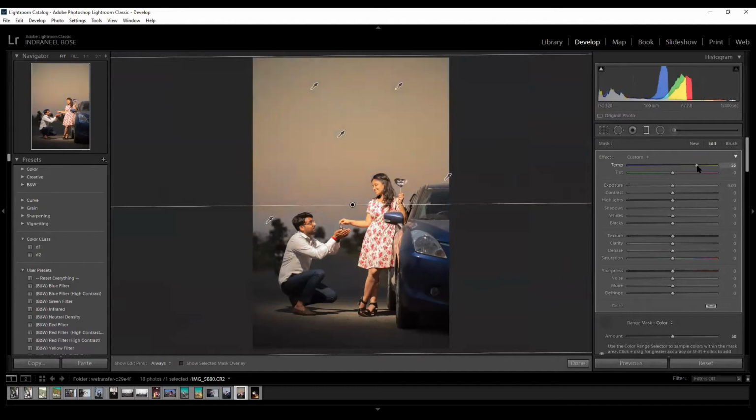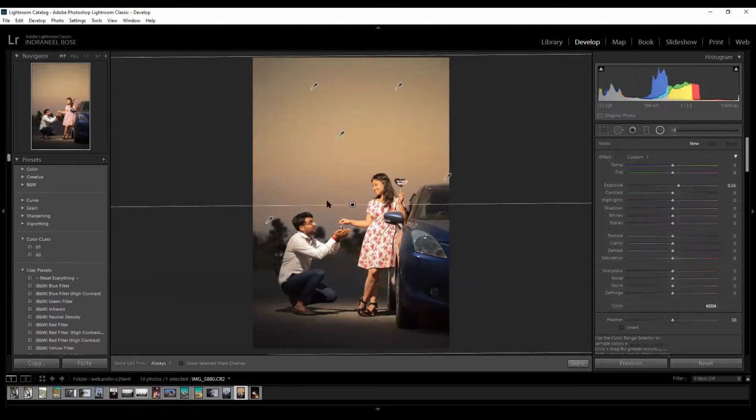We can go for a warmer tone, darken the outside a little, and increase the contrast a little. Pull off the highlights a little, and the whites. Pull off the shadows a little, and the blacks. Now part one we have done. Now, secondly, we can work with the radial filter.